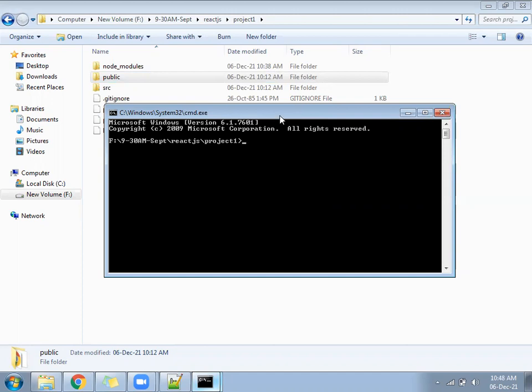Okay, CMD is open, and almost everyone's computer has VS Code, Visual Studio Code Editor. You will write here: code space dot and press enter. Code space dot and press the enter key.